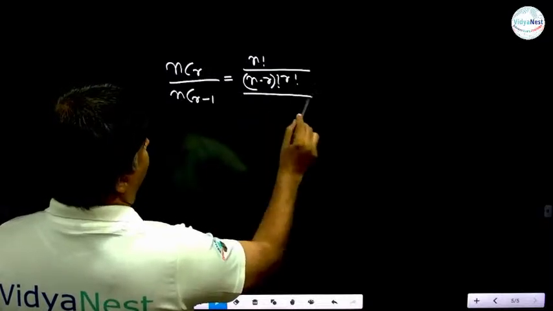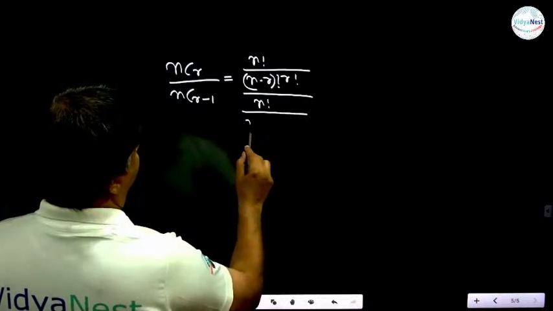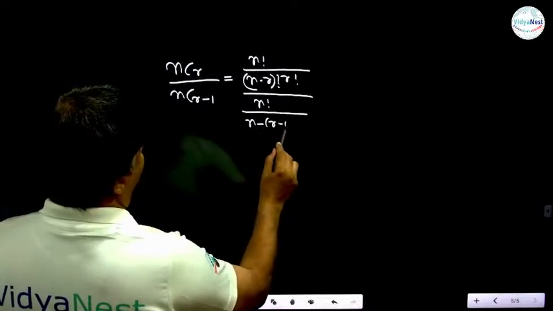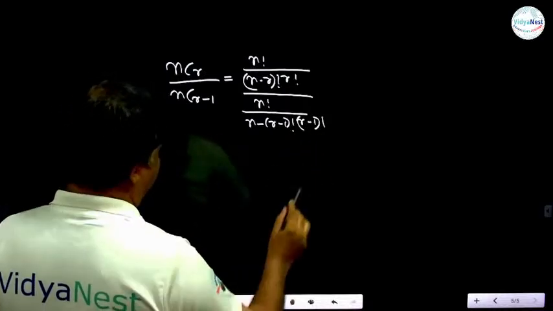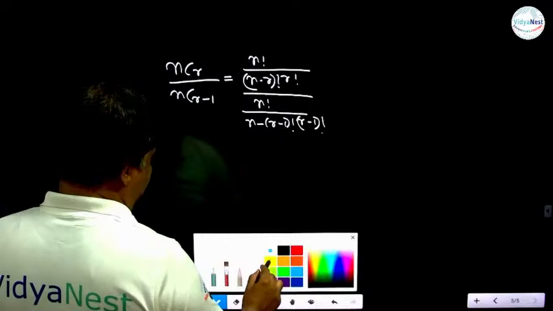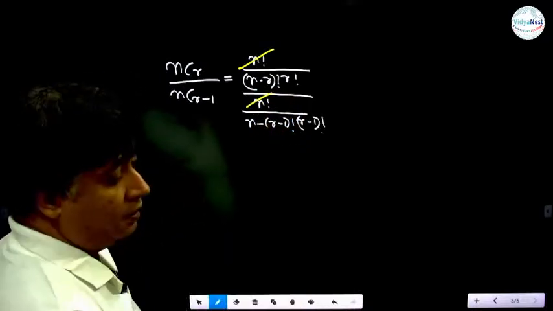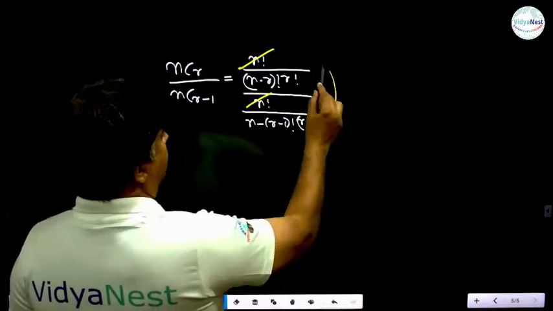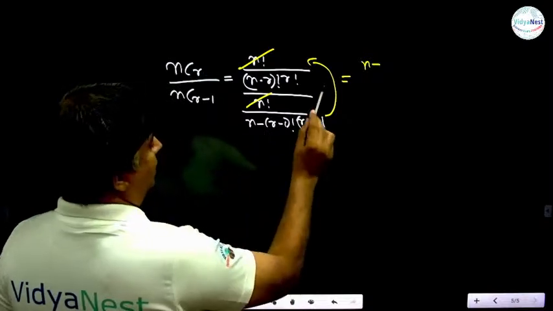Now you have got the flavor of how to simplify. Factorial n by factorial n minus r minus 1 factorial r minus 1 factorial. Now from here I can cancel factorial n. By the rule of division, this will go up. If I remove the inner brackets,